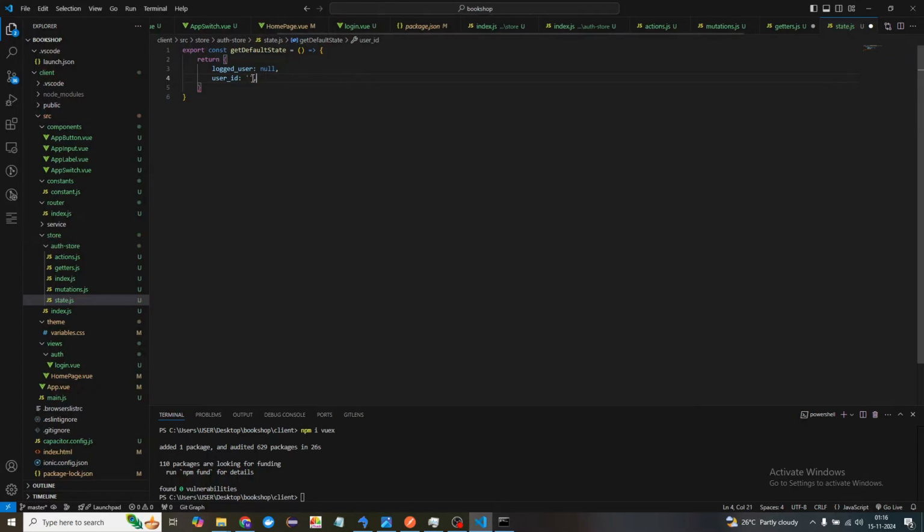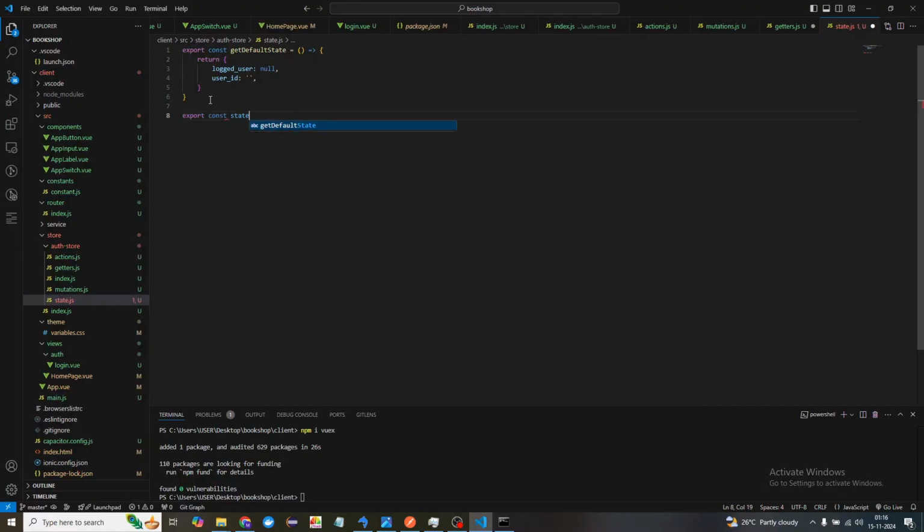If you don't want, you can skip this. And then I'll say token as well, but we don't need token over here, so we can completely skip this. And what else do we need over here? Okay, for now we are going to use logged in user and then user ID. Later on if we want, we can add more variables over here, and they are going to reside in the store. All right, so finally what I'm going to say is export